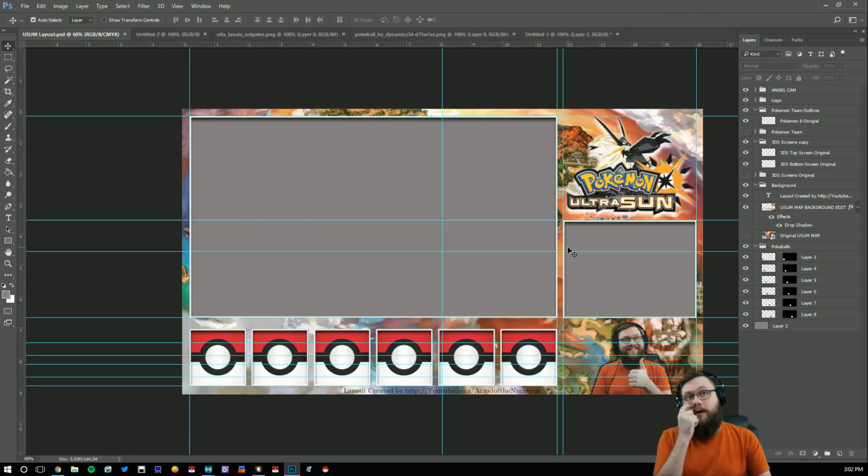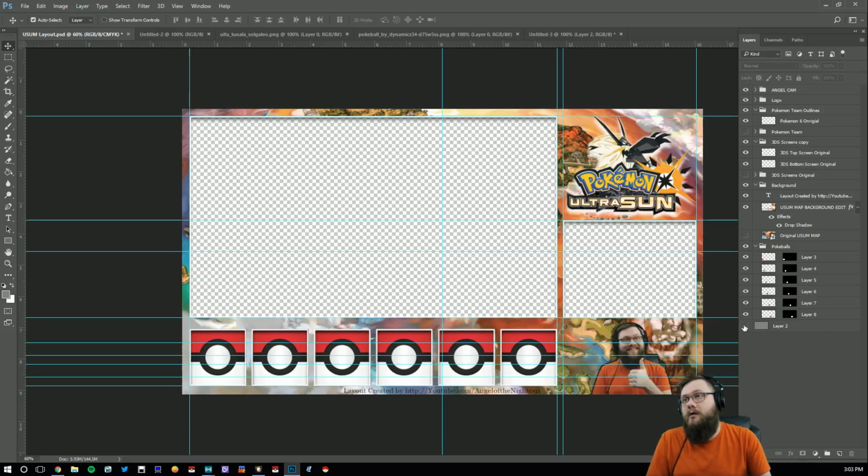So this is how our layout's going to look when we use it in either Sony Vegas or in XSplit. Okay, so the first thing we've got to do is save it in individual layers, because what happens is that if you add a picture or a file into it, you want to put your background to your game into it, it needs to be a translucent background, and of course where we've got our Pokeballs, we're going to want to put Pokemon ahead of it. So we're going to take out layer 2 because layer 2 doesn't need to exist. I'm going to save that actually,